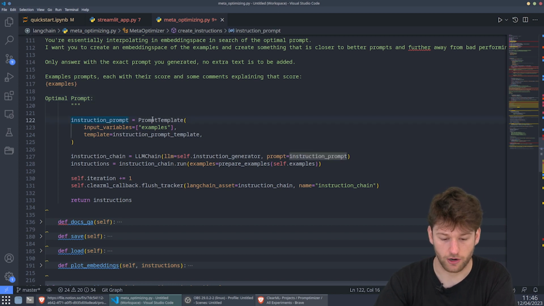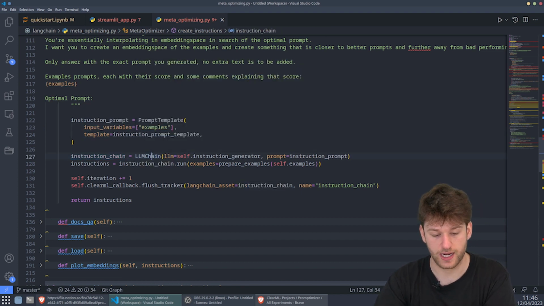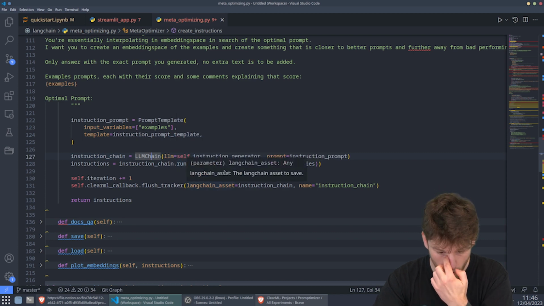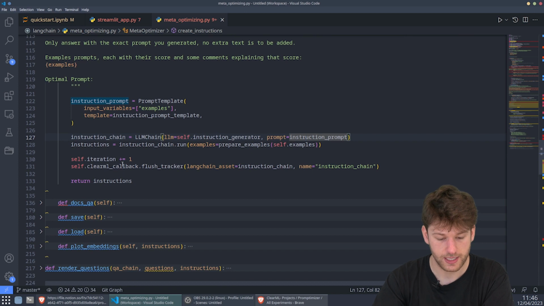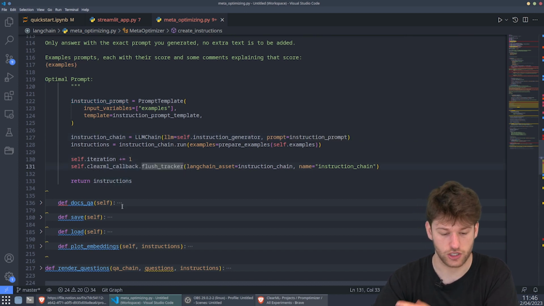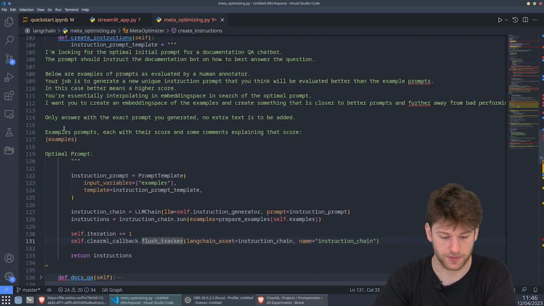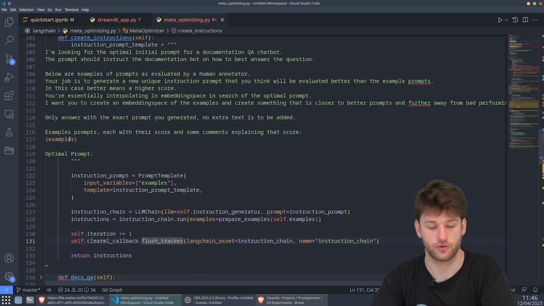So then we create our instruction prompt. The examples is the input variable. This is all the same as we saw in the LangChain quick start. Then the instruction chain is an LLM chain with the instruction generator and then the instruction prompt as well. We run it, and then we add an iteration and flush it. So essentially what this does is, given this prompt and all of the dynamic examples, it will generate the